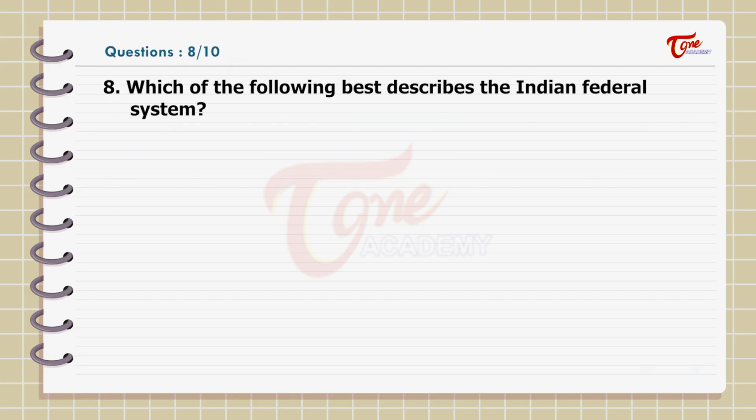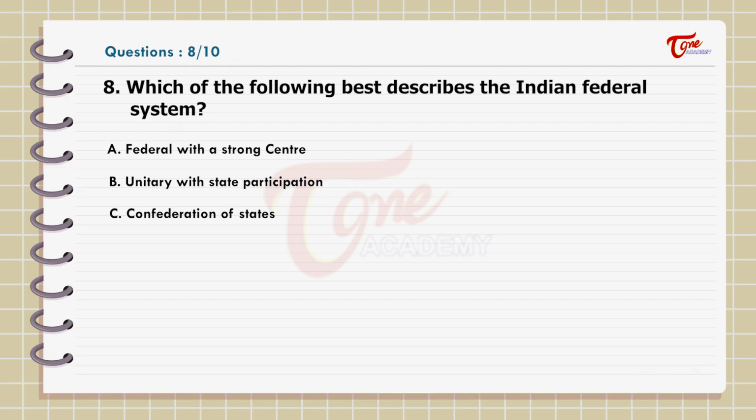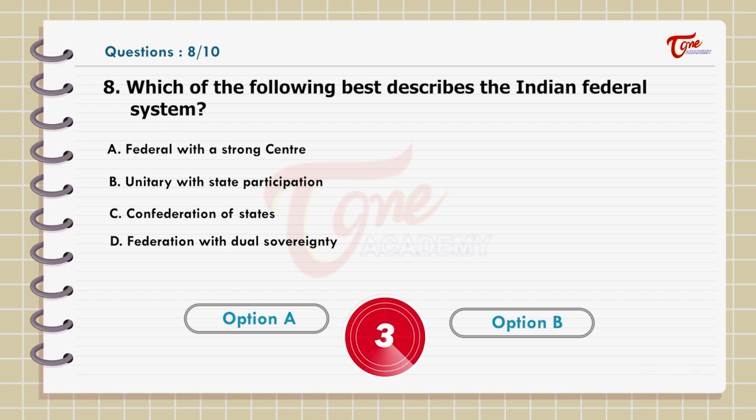Which of the following best describes the Indian federal system? Options: A. Federal with a strong centre, B. Unitary with a state participation, C. Confederation of states, D. Federal with dual sovereignty. Answer: